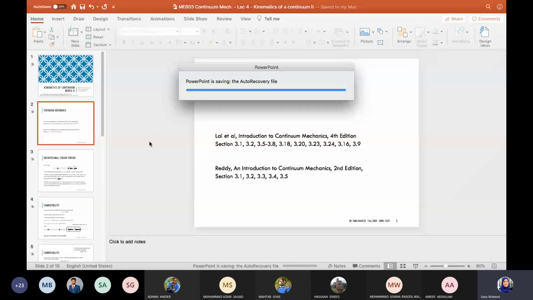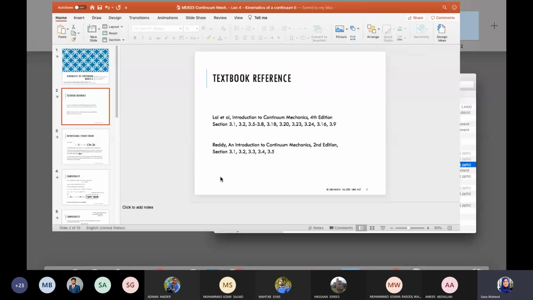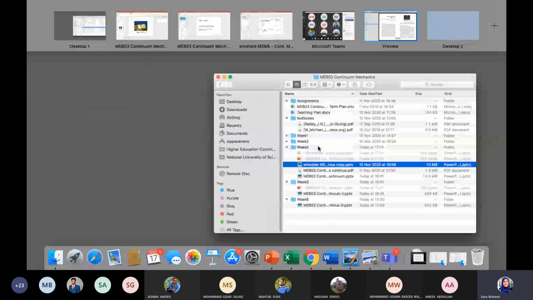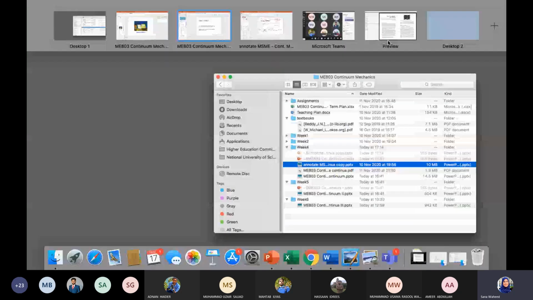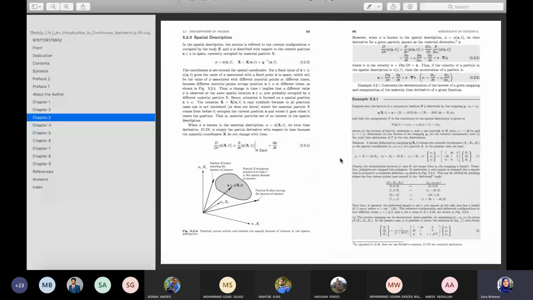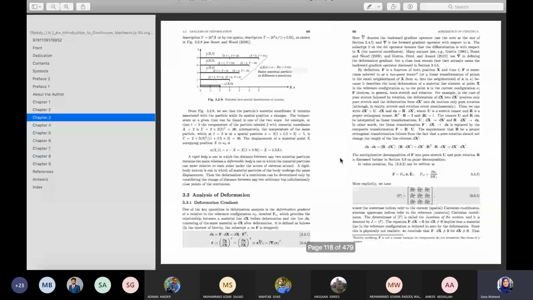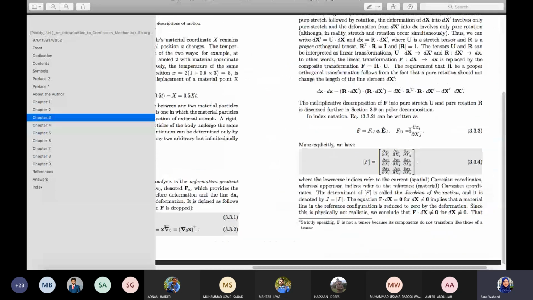Again, just the last thing I want to highlight: please also look at Reddy's book, which is this one. Reddy's kinematics chapter is chapter 3, and in the slides that I upload today I'll mention that it was 3.1, 3.2, 3.3 and so on, whichever sections there are, right? So you can see it's similar to Lai, but just if you want to understand one thing, our familiar deformation gradient right here, if one thing